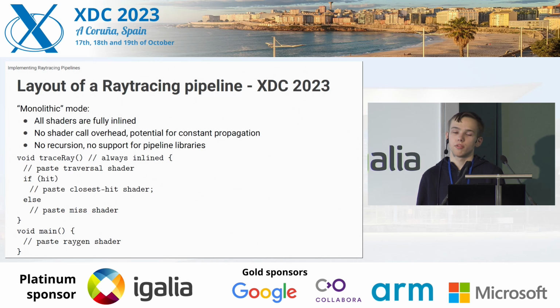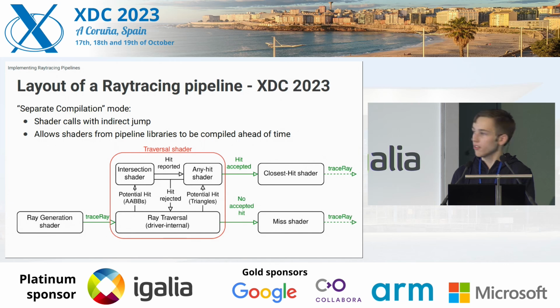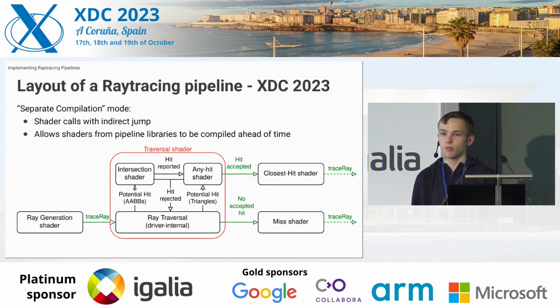This code path also doesn't support any pipeline libraries, but we might get to that later, depending on how well they'd fare with the added complexity of just much more shaders in the programs that actually use ray tracing pipeline libraries. So the other mode that we have is the separate compilation mode, where we implement these shader calls with an actual indirect jump. And that allows ray tracing shaders to be completely compiled separately, so we can actually use the pipeline library functionality. But this comes at a cost of being pretty complex, and also we can't just inline